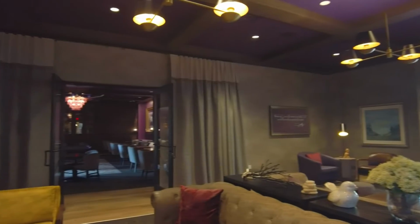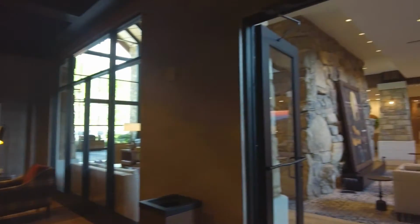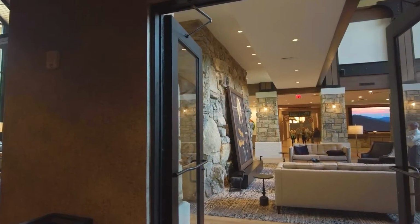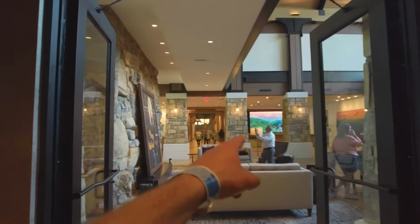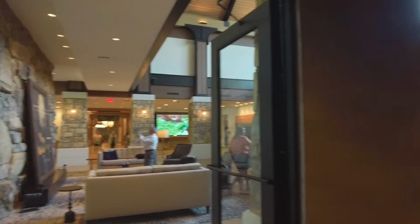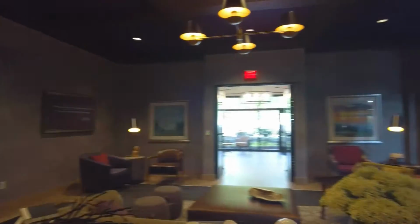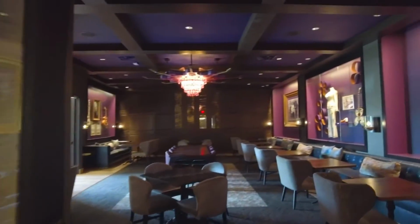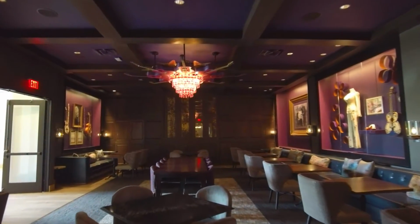They do have a bar area here that is tucked away on the side of the main lobby, just right next to that bigger-than-life portrait of Dolly herself and the fireplace right across from the main check-in desk and everything like that. You have the acoustic lobby. This is a lovely little seating area outside. Maybe this is why it doesn't look like a bar from the outside, because when you look in, it just looks like a seating area. But if you come in through the main doors here,